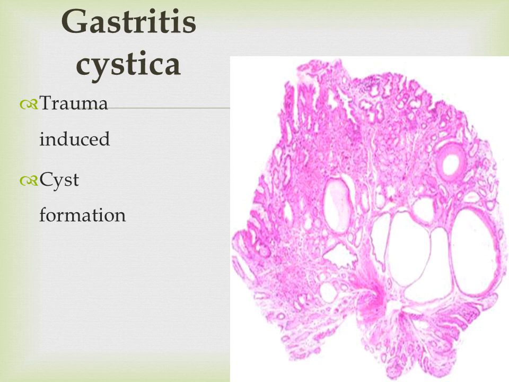So this was a brief lecture about the various complications of chronic gastritis. Top of the list being peptic ulcer disease. Then comes intestinal metaplasia, which carries an increased risk of carcinoma. Similarly, dysplasia, that is itself the pleomorphism of the cells, results in invasion and development of carcinoma. And last is gastritis cystica, in which there is formation of cystic spaces in the gastric mucosa, and these cystic spaces are formed as a result of trauma.